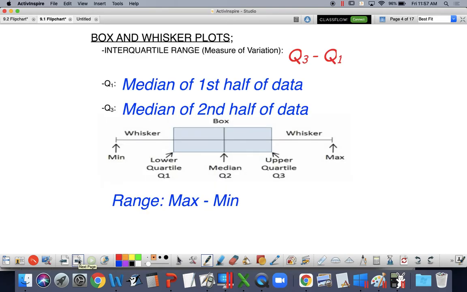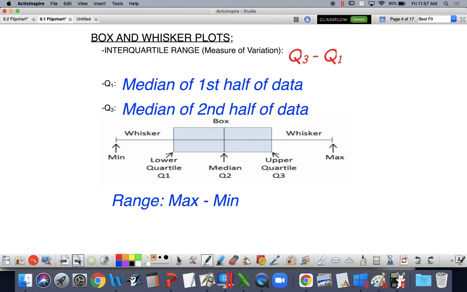Okay. The next thing is what's called a box and whisker plot. You guys ever seen a box and whisker plot before? Okay, so I know Mr. Titus likes to use these a lot. Oftentimes when we analyze test scores, especially final grades, we want to see, okay, is the data really spread out, or is it this nice little box where most of the people scored kind of in this range? So the interquartile range is Q3 minus Q1. We're going to need all of these data points to be able to draw a box and whisker plot.